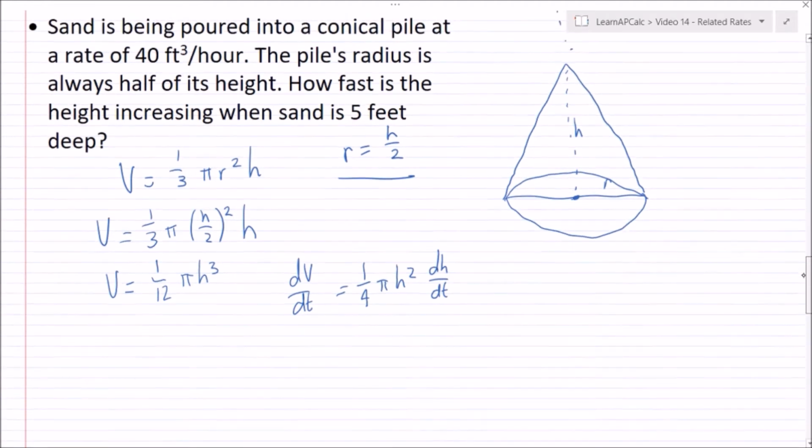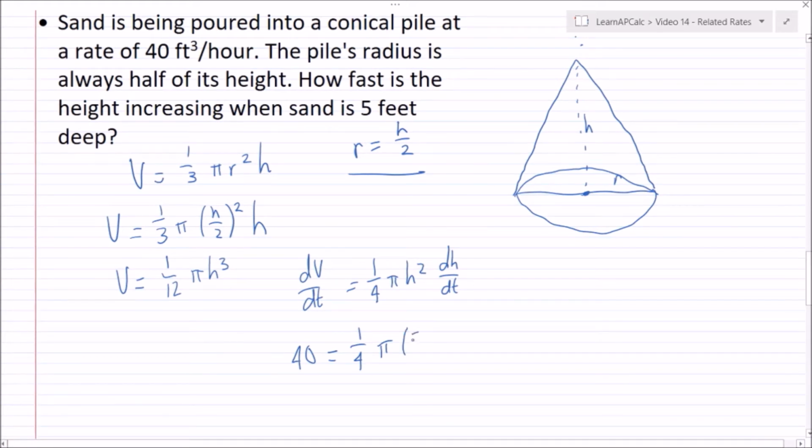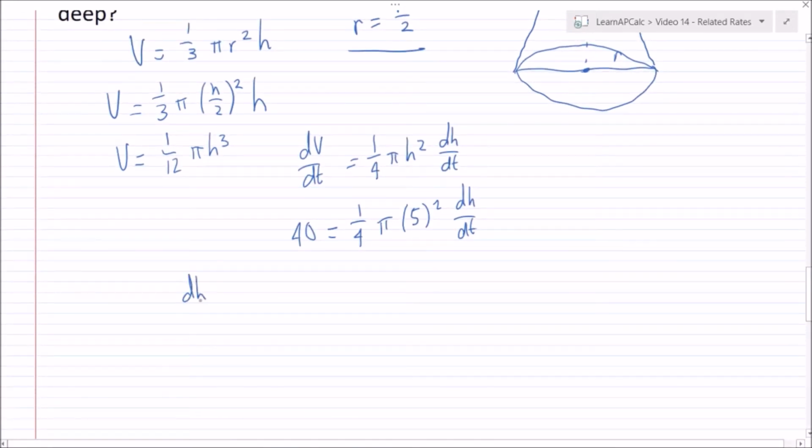My rate of change of the volume is 40 feet cubed per hour. And I'm asking when the depth is 5 feet deep, or my height. So h equals 5. And then I'm solving for dh/dt. And so here, if I multiply this through and solve for dh/dt, 1/4 multiplied by 40, I get 160, divided by 25 is 6.4 divided by pi, and this is going to come out to about